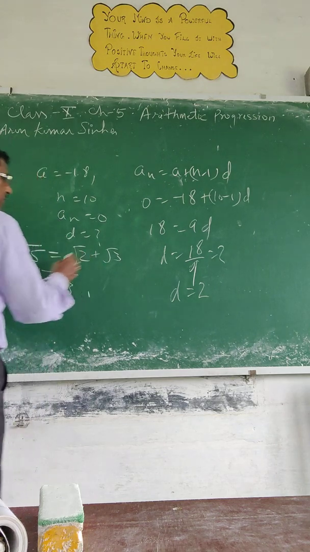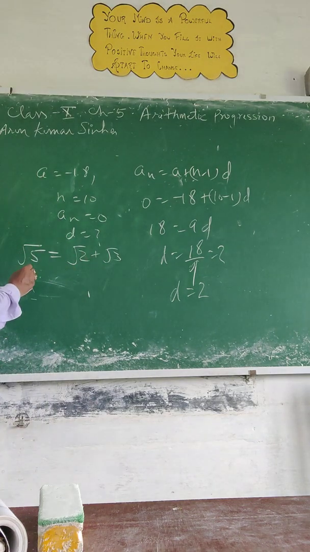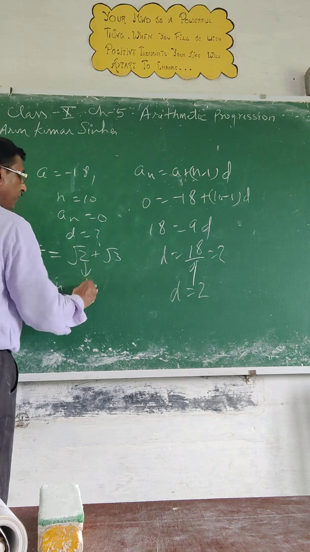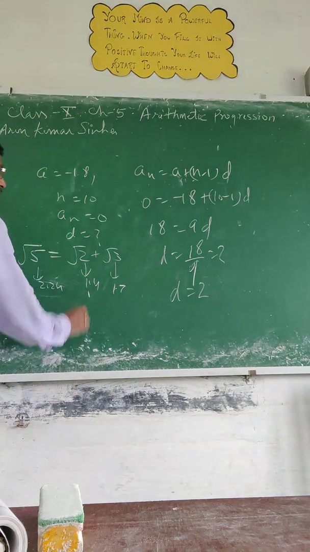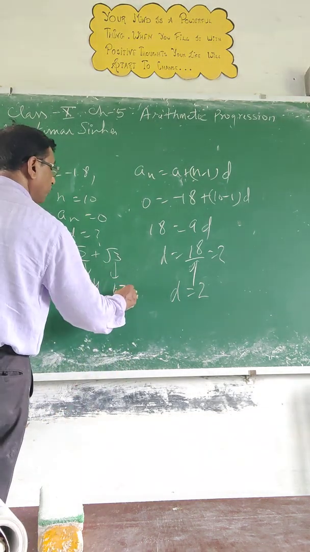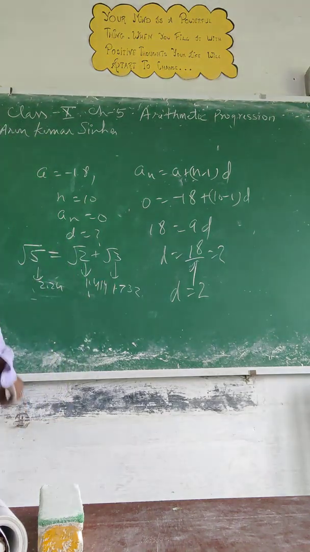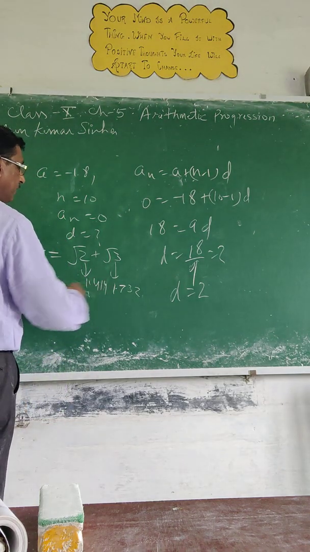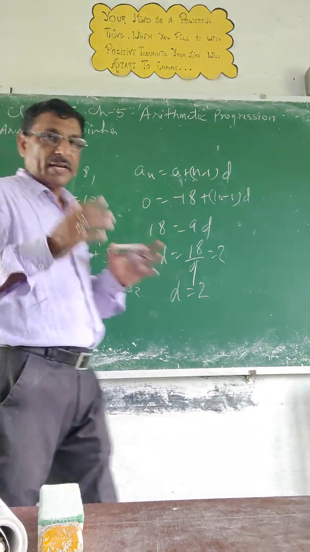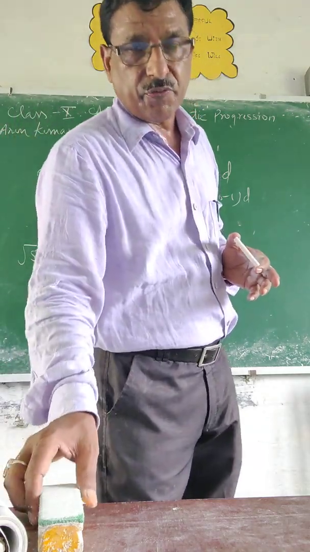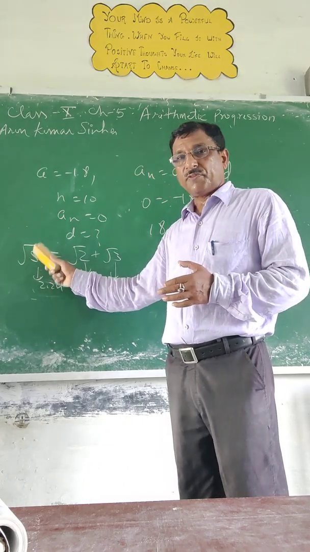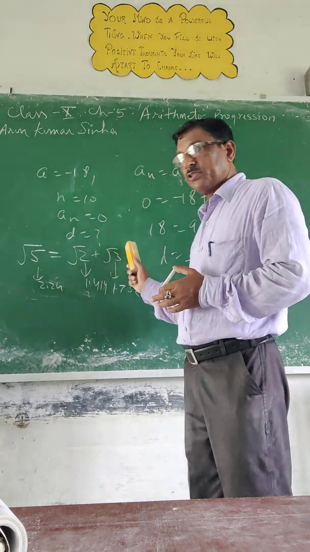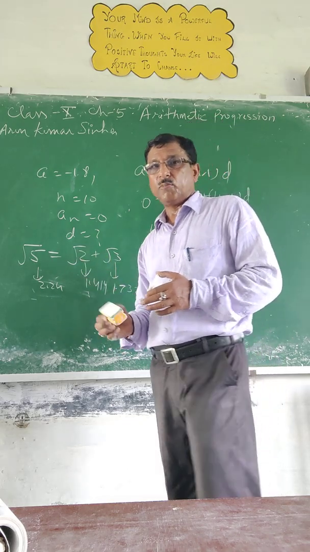If you want, you can just understand this thing. Root 5 value is what? It is almost 2.24. If you get 1.414, root 3, 1.7 something. So if you just root 2, 1.414, okay? So if you add, you will never get these two values same. If you get any kind of just a doubt or confusion, you put the value and you check. But remember this thing, if root 5 is given, you cannot put in root 2 plus root 3. Don't do this mistake in board examination.